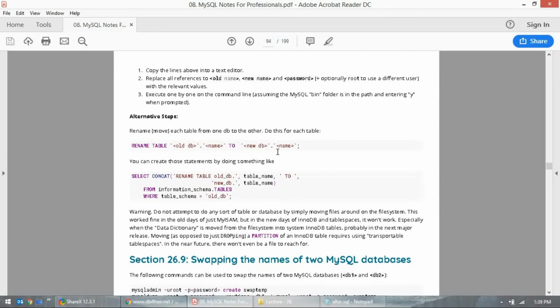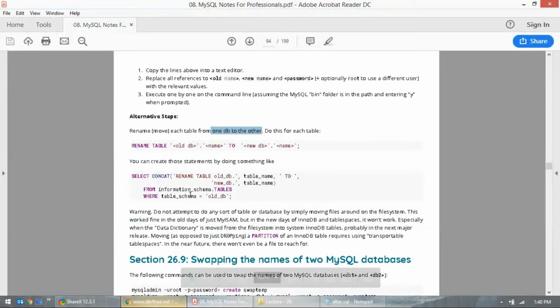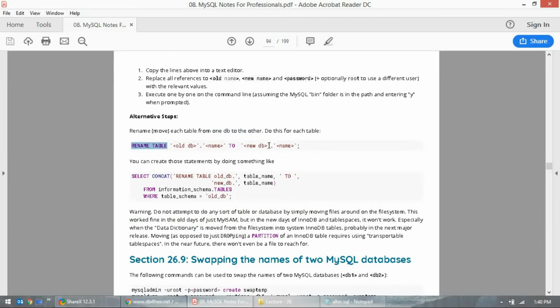So you can move each table from one database to another. That's very interesting. We cannot do it right now because we only have one database, and that's Udemy_test. But you can do that with rename table.